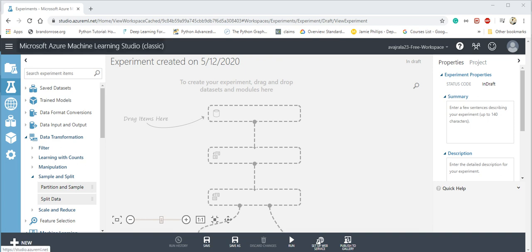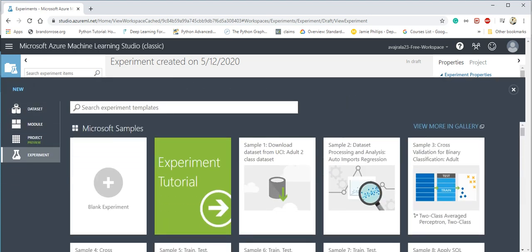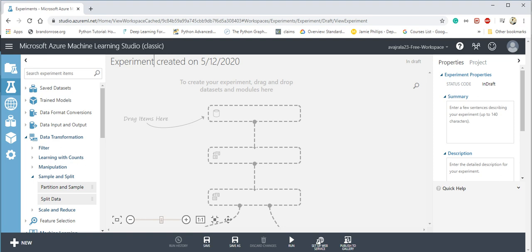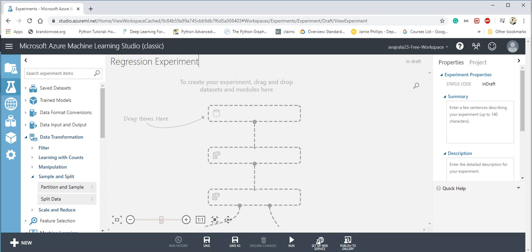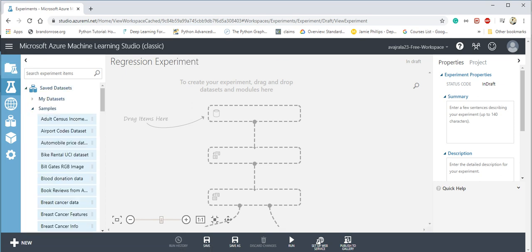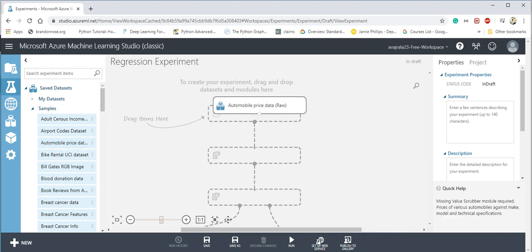First of all, I have opened the Azure ML Studio Classic version, and I have created a new experiment by clicking here, and then I click the blank experiment, which will show this interface. I'm renaming this experiment as regression experiment, and now I need a data set to perform linear regression or any regression techniques. So I have these data sets which are already available in the Azure workspace, so I'm just dragging and dropping